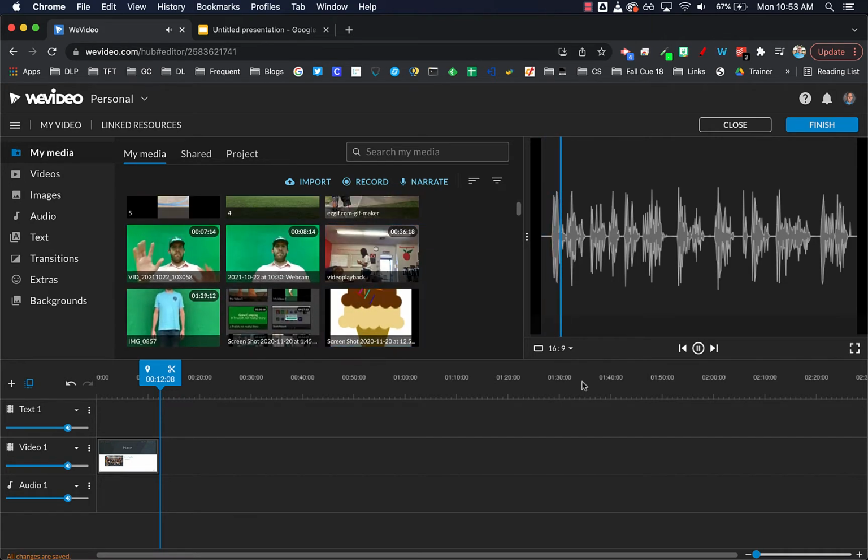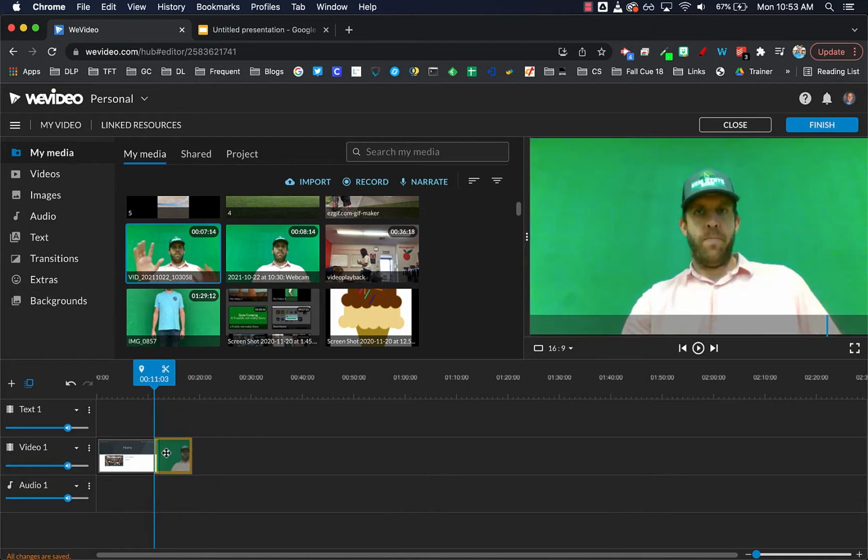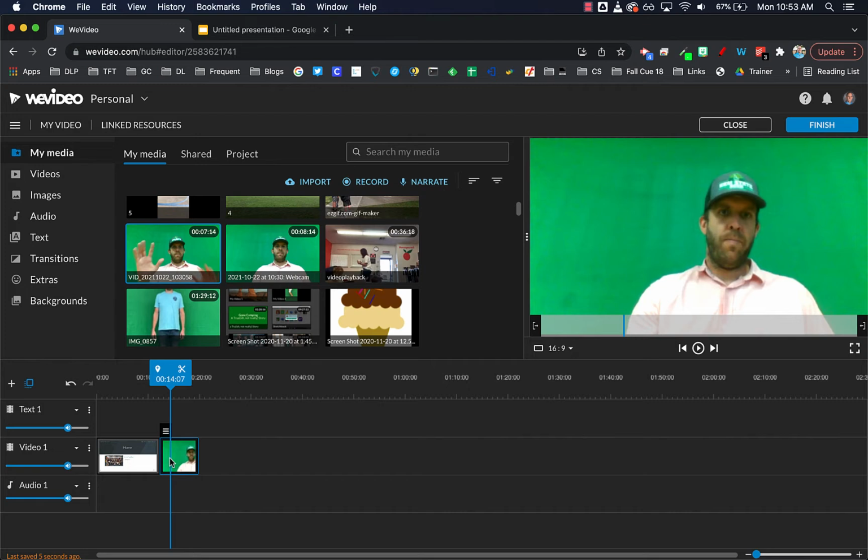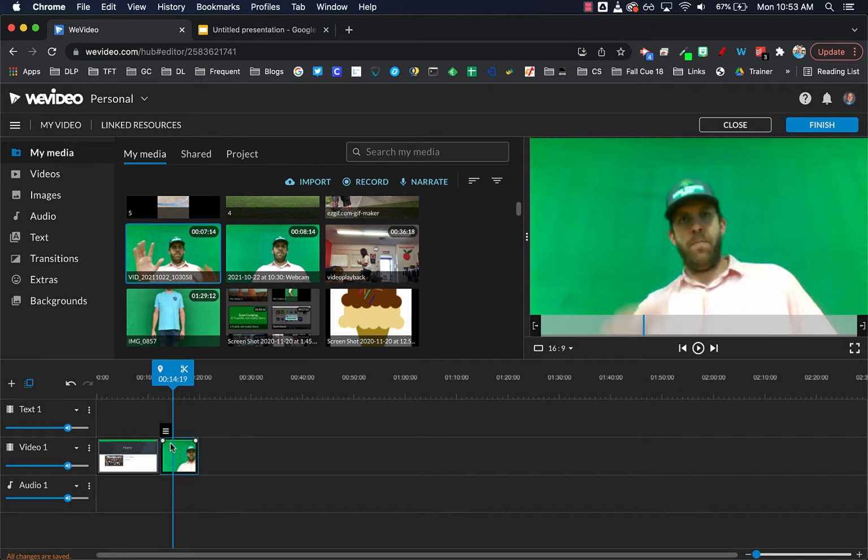If I needed to insert a, let's see, that's audio. Let me find a video right here. So if I needed to insert a video, I could put that in right here. And if my video has audio, there are some different things that I can do with it. If I want to see the audio levels, I can click my three dots and click Show Levels, and you'll notice that there are these little